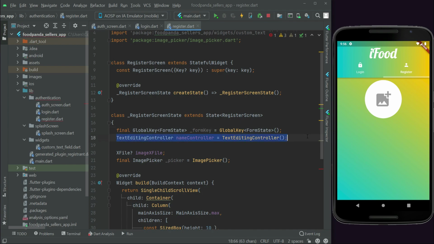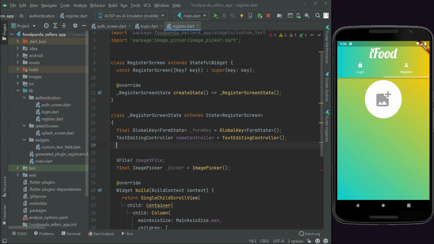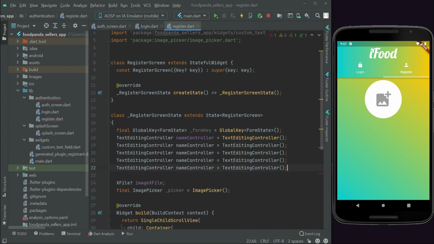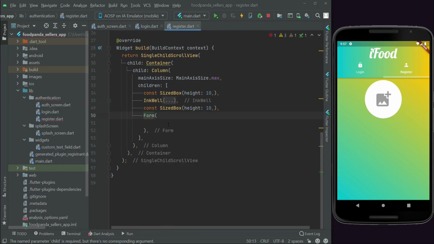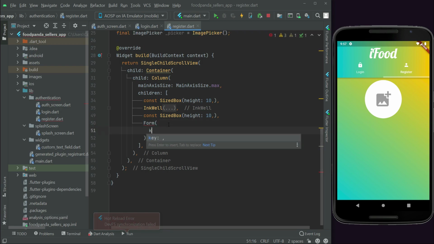Okay, then let's copy paste it 4 times further, and the next one we have will be the password, then the next one will be the confirm password, and then we will have the phone controller, and then the location controller. Okay, now let's just come back here, and here we can say key form key